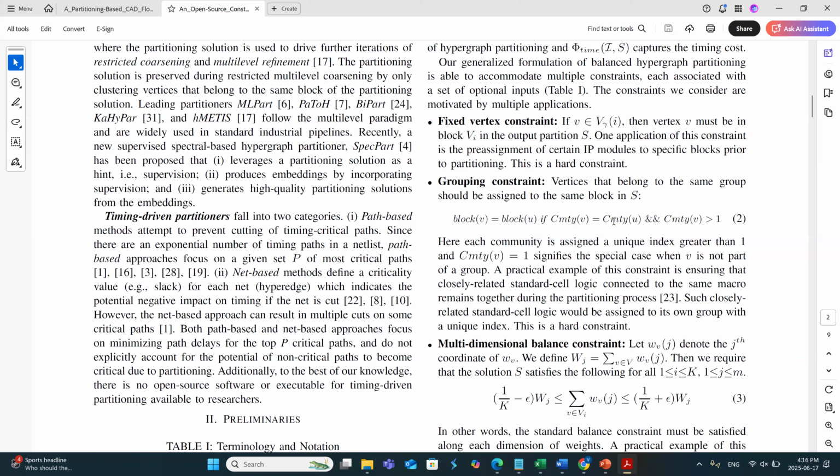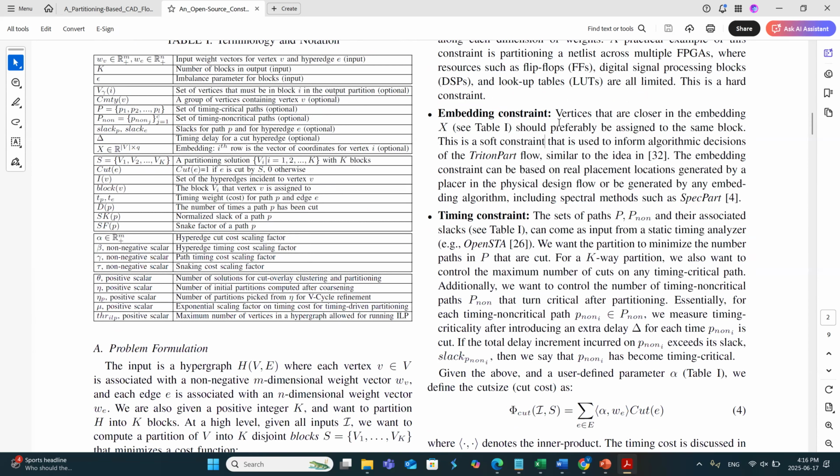I can't remember how much I talked about this. I think I talked about the embedding constraint. Do you guys remember that or not? Or do you want me to say it again? It's been a week, so I can't remember. This is kind of interesting. So the embedding constraint is a hint